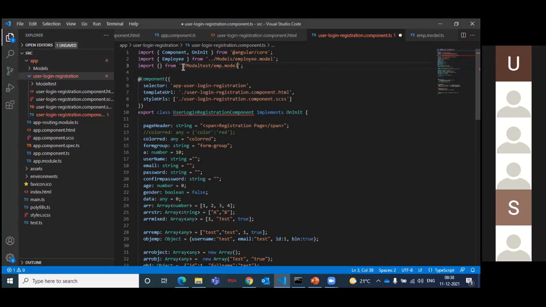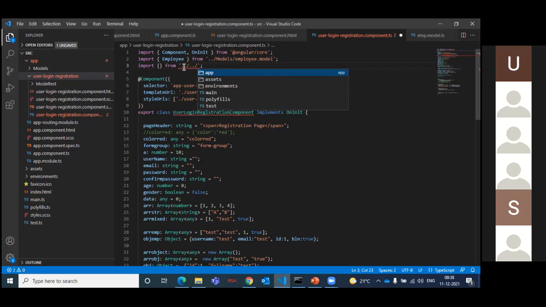Sir, I still have a doubt, I will go with dot dot slash only. You can go with dot dot slash, but then you need to go up to the app folder and come back in, like turning around. So you need to go inside, not just model dot dot slash.